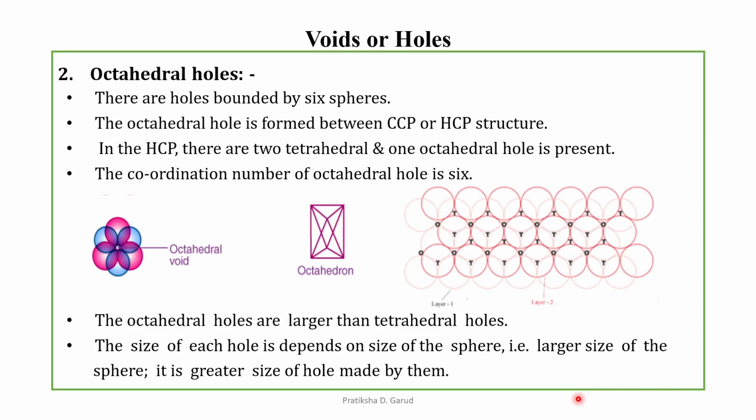Further, this figure represents the tetrahedral and the octahedral holes. Tetrahedral holes are the holes formed by 4 constituent units. The holes formed by 6 constituent units are known as octahedral. So T represents the tetrahedral holes, whereas O represents the octahedral holes. Here we can say that the octahedral holes are larger in size than the tetrahedral holes. And for SCP there are 2 tetrahedral holes and 1 octahedral hole.